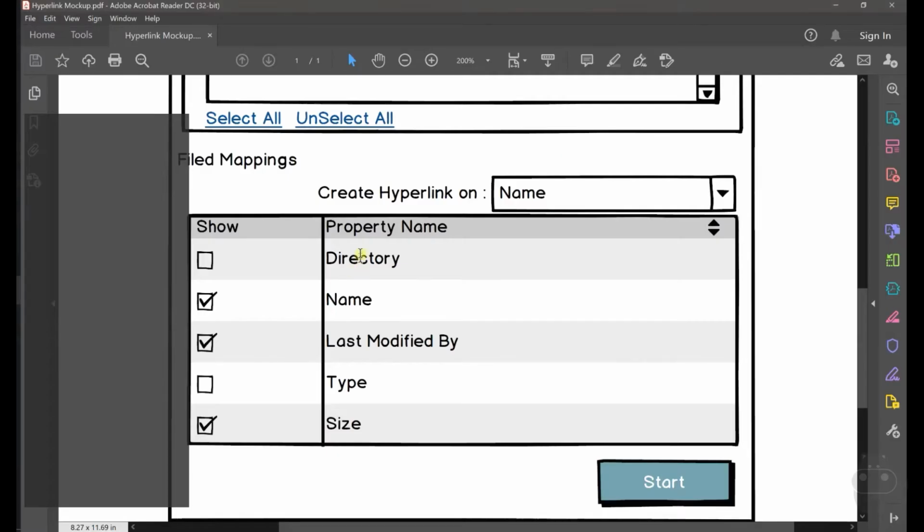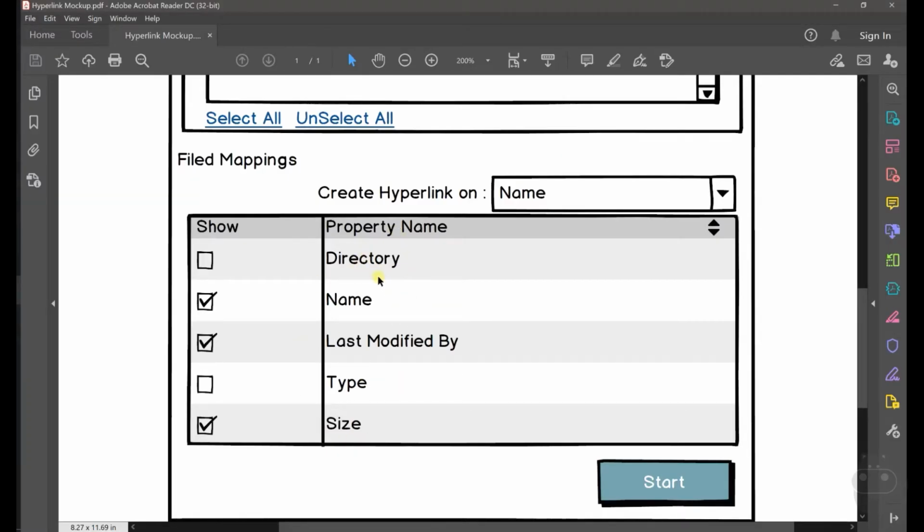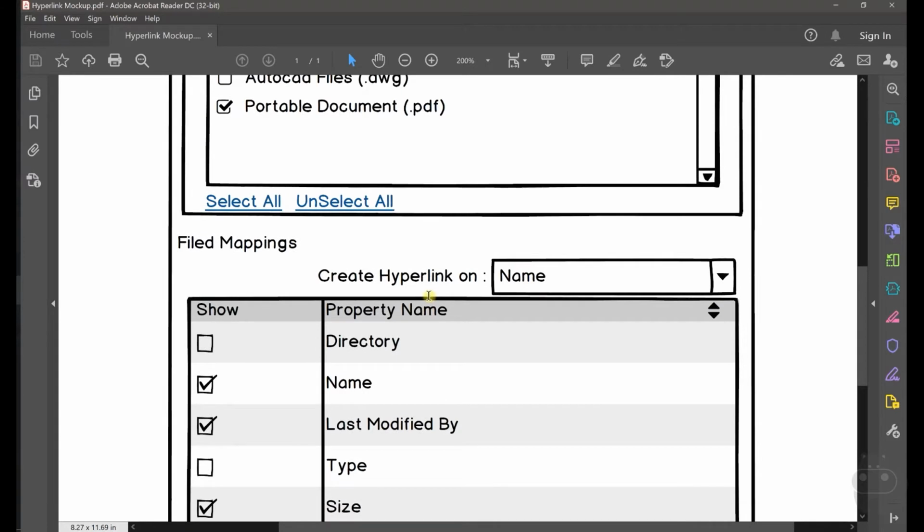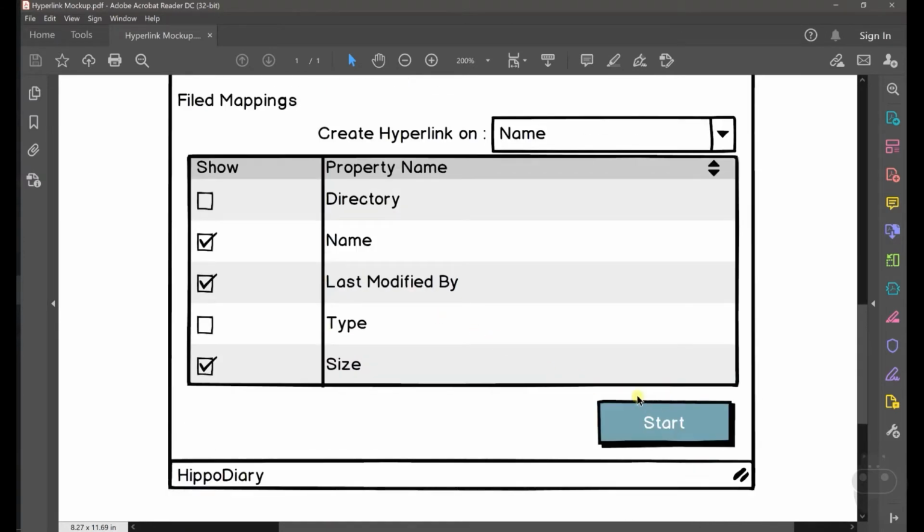So what are the details that you need to show in your Excel? That is what we are going to see here, and you can choose them and create the hyperlink. Where is the hyperlink created, whether it is on the name or size or anything. After you set all these, when you start, you should be able to fetch the details and display them.